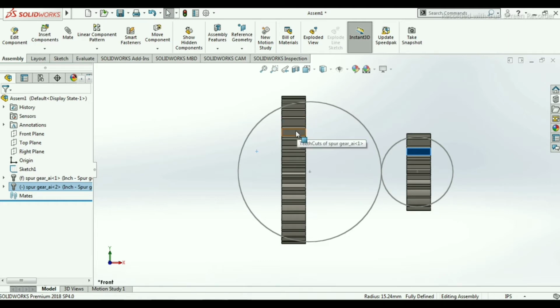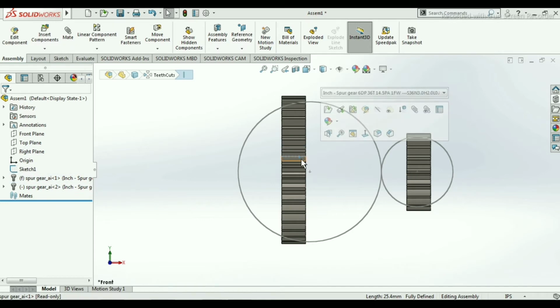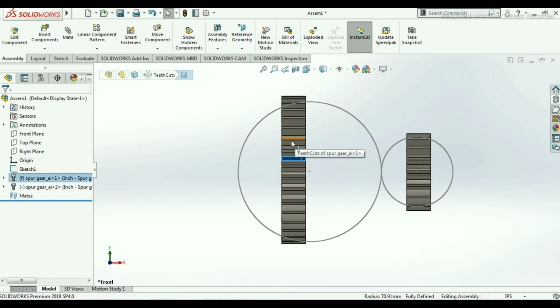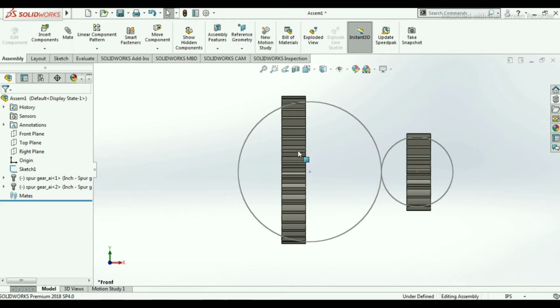If you go for this to move randomly, then the message show that this selected component is fixed. So we can't move this. So in this case we will select here, and then there is one option that is float. Click on this float. By clicking on this float we can rotate, but we cannot move.